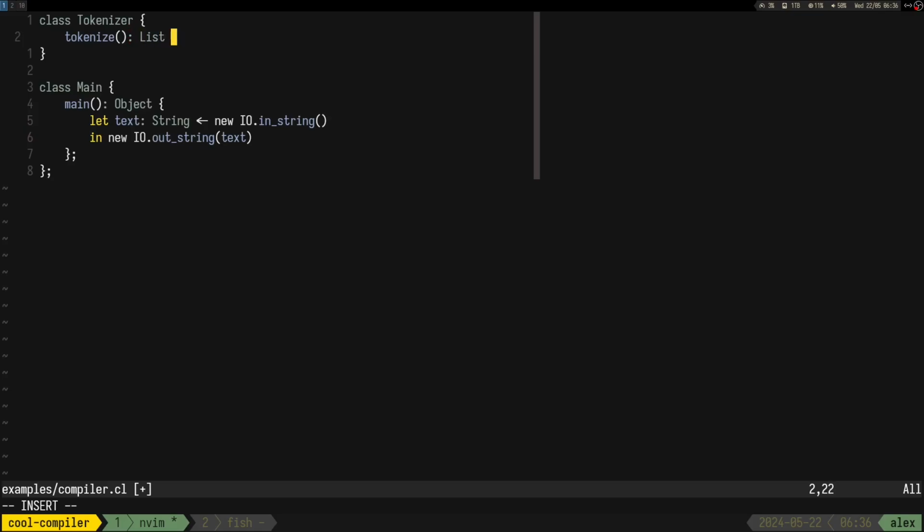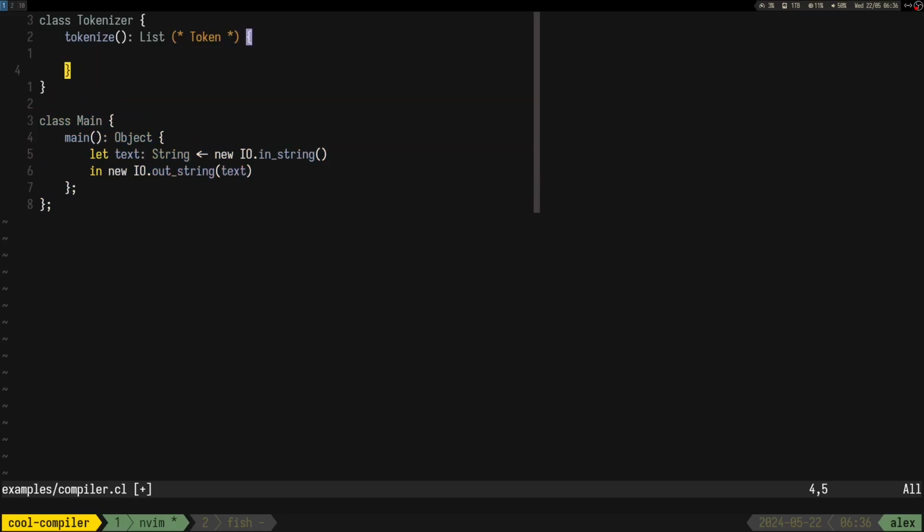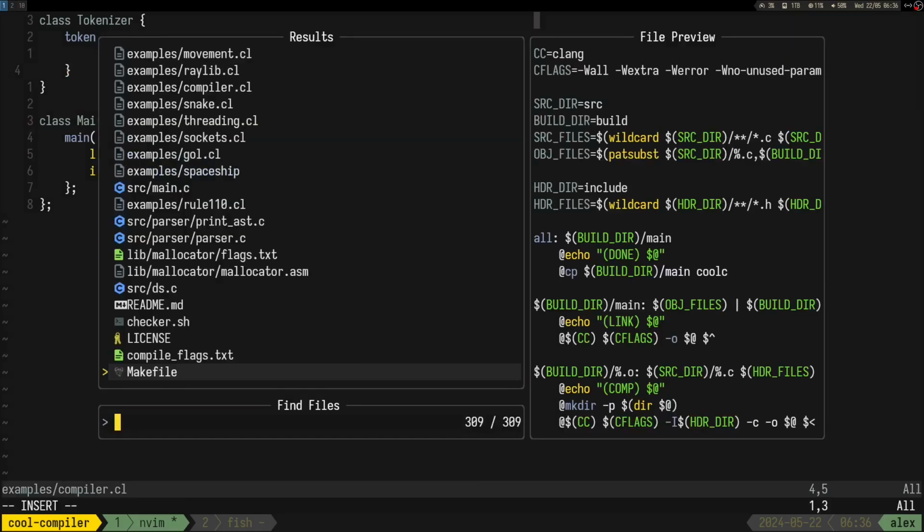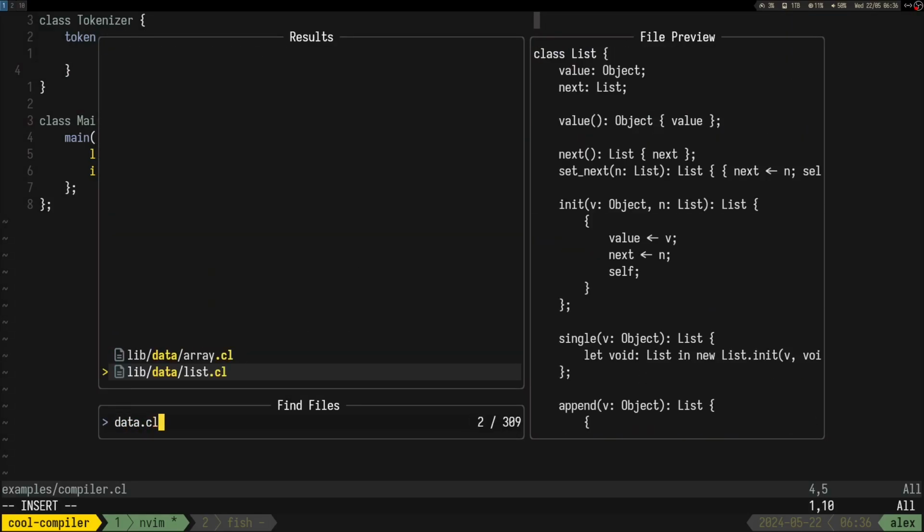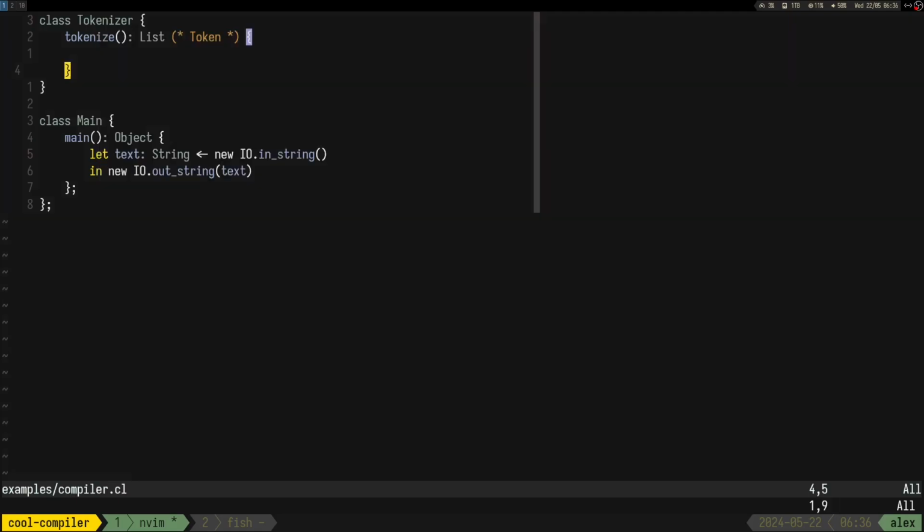So it's gonna be a list, and let's say of token. Right now I'm not sure what. So it's just gonna be, you know, single init append init. Not that crazy.